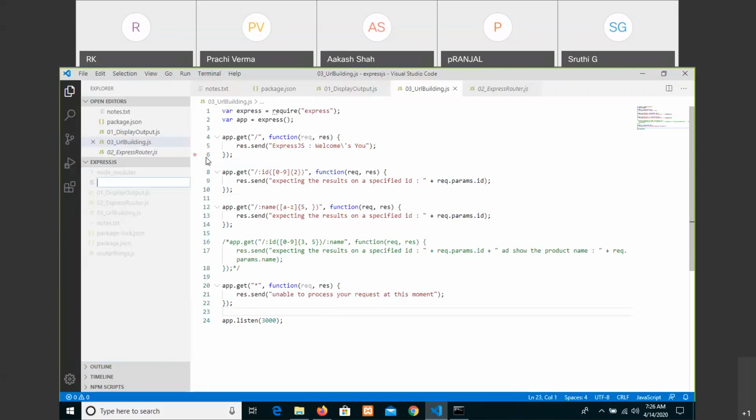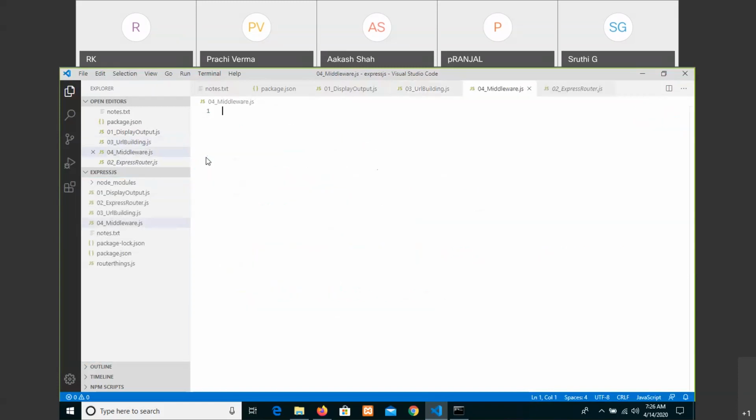middleware. What is the concept of middleware? As we are giving here, it's executing and displaying something else. The concept of middleware is having access to the request object and the response object both. So let me do one thing. First, let me write here middleware.js. And we will discuss this point in tomorrow's session about the middleware concept.